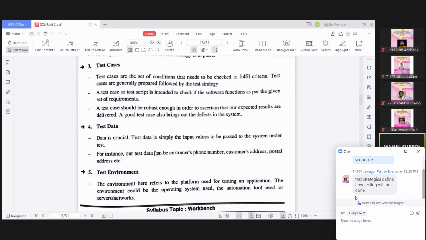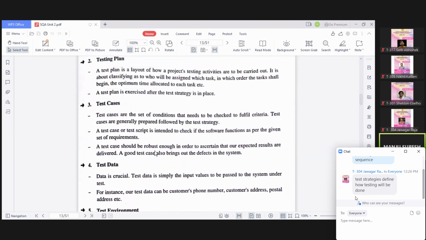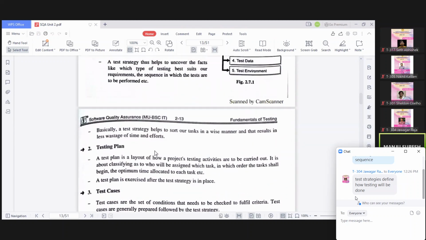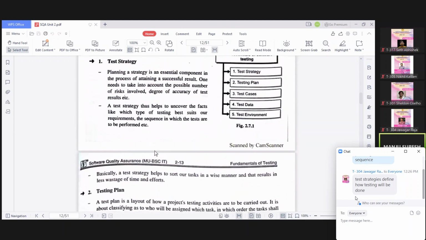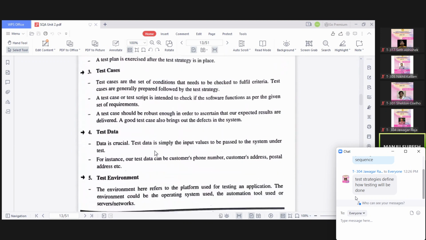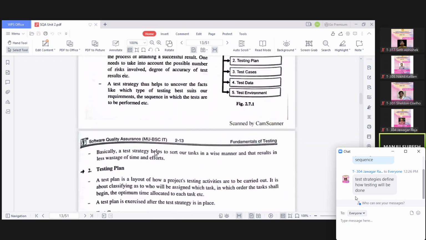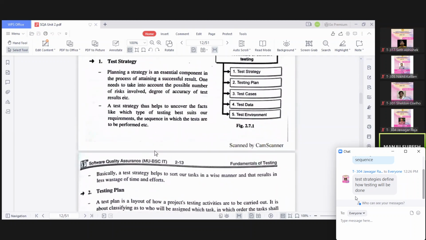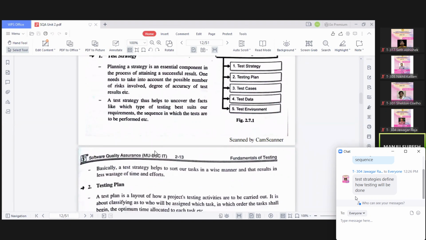So these are called test artifacts. ये सब इसके अंदर आएगा and it is considered to be the 5 essentials of software testing. So hope the strategy and planning is clear to you, the difference between them. Then test case, test data, and test environment.